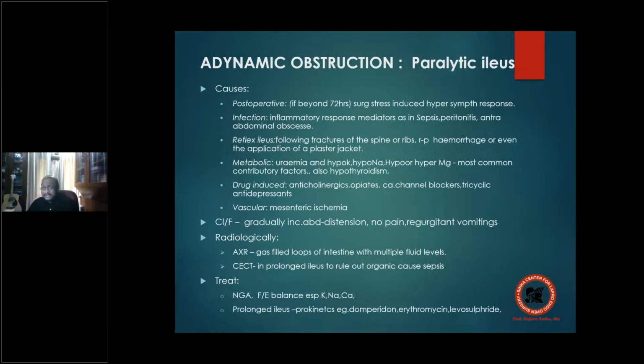So what is paralytic ileus all about? If you look at the causes, it's one of the common outcomes in a postoperative patient where the bowels have not functioned even up to 72 hours. We like to call it a 72-hour paralytic ileus. Why don't they function up to 72 hours, or even after that? Because the sympathetic tone of the sphincters is much more. So hypersympathetic activity of the sphincters. Which sphincters are we talking about? Ileocecal junction. It's a physiological sphincter. You don't really have an anatomical sphincter there. Physiological sphincter. So that fails to relax.